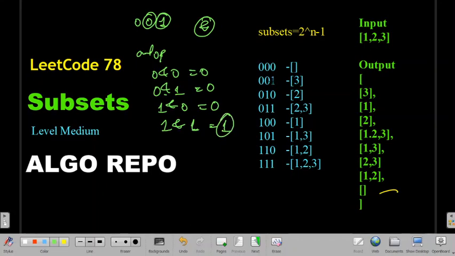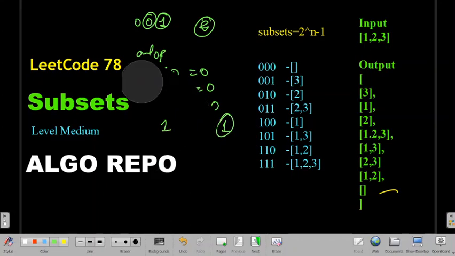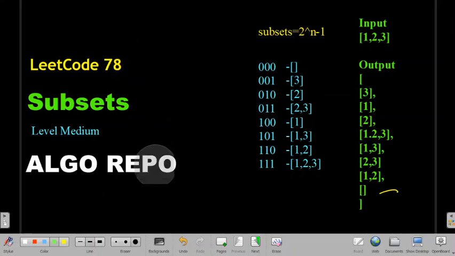So let's take this number 0 1 1. For this digit, I'll make 1 and do the AND operation. So 1 and 1 is 1, so I got 1.